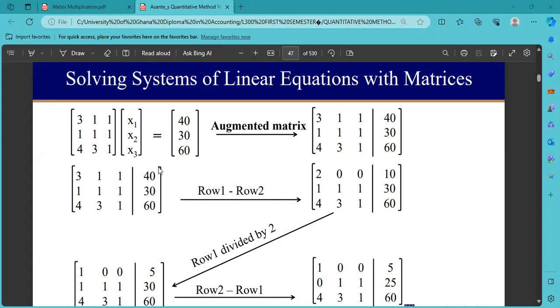So you can see from the solutions in the book. The only thing I don't like in this slide is they are not specifying the rows that they are working on. Here, they were working on row 1, but they didn't specify. Row 1, right? And then they came down to work on